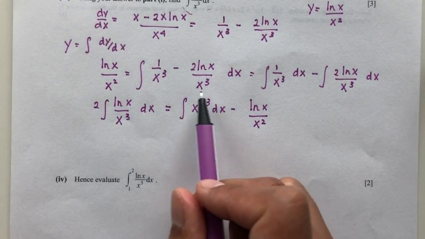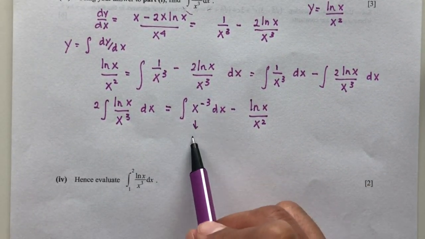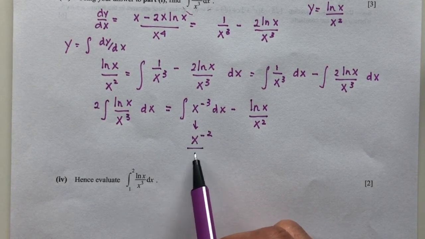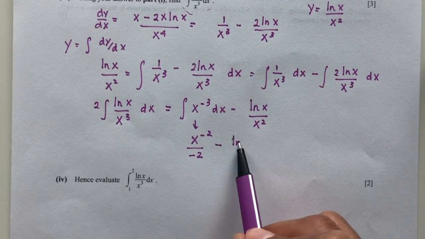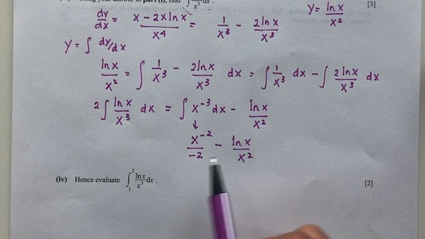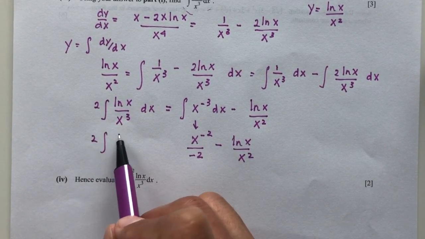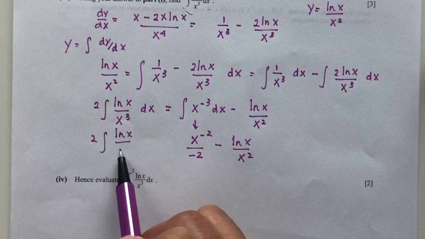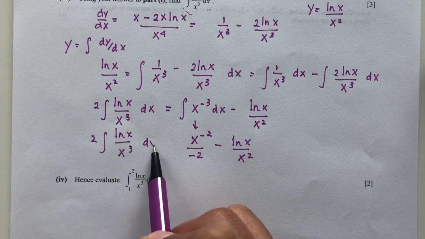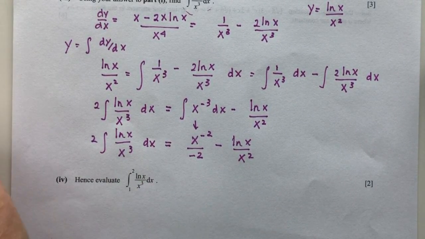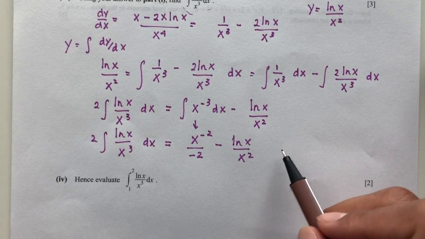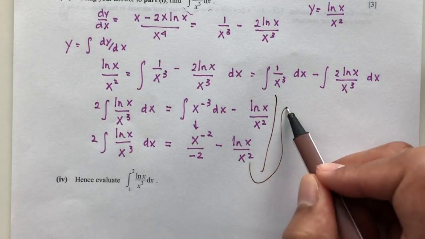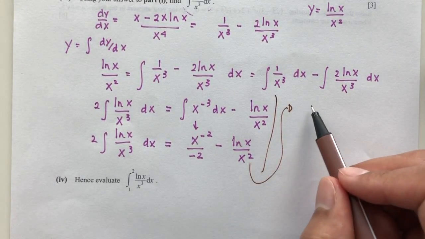So now if you simplify this, this becomes x power minus 2 divided by minus 2. That will be minus ln x over x squared, which is the integration of 2 times ln x over x power 3 dx. But now we are trying to find this one. So we have to divide by 2 everywhere. So let's continue here. Your answer will be